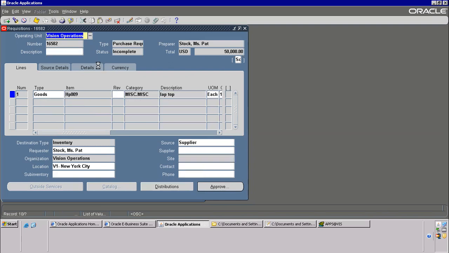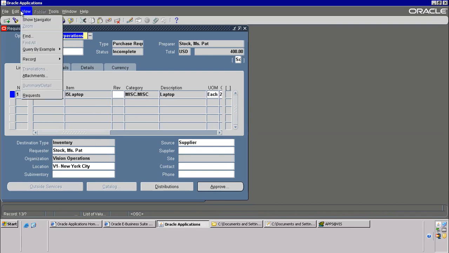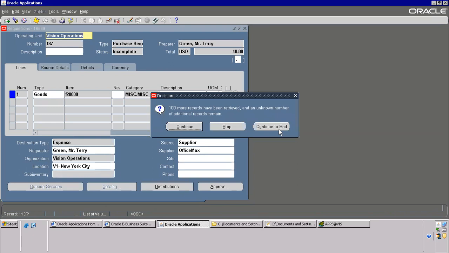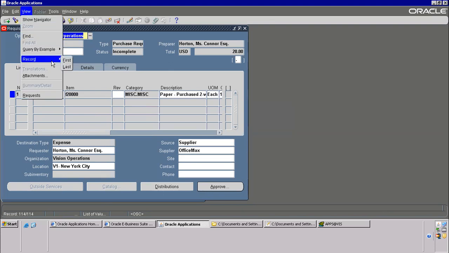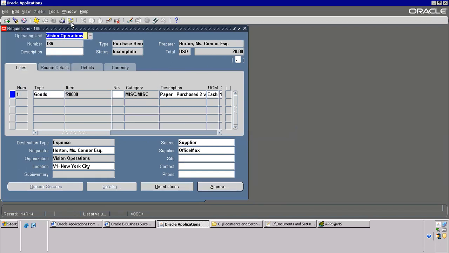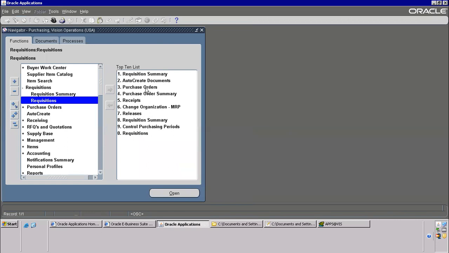So these are all created requisitions. If you wanted to know how many records are there, go to view, record, last record. Overall, 115 requisitions are there in this, not many. So simply you can go to view, record, and then last record to identify all the requisitions, whatever the form it is, not only requisition. There are other forms also here. See,